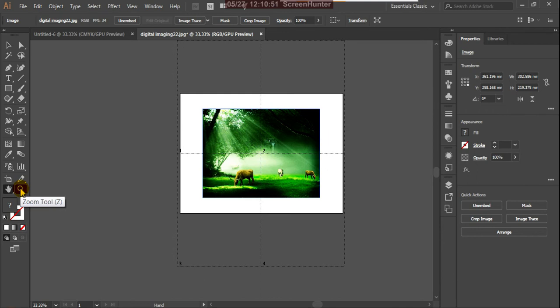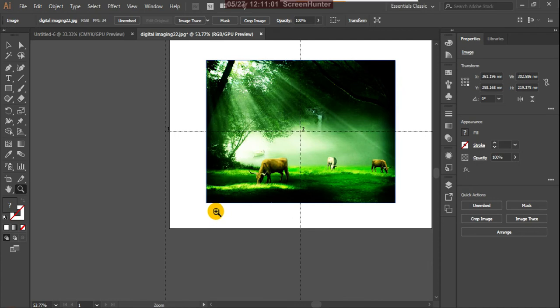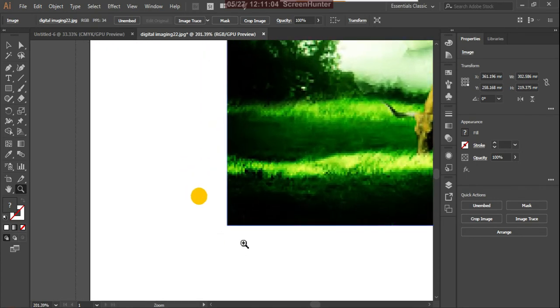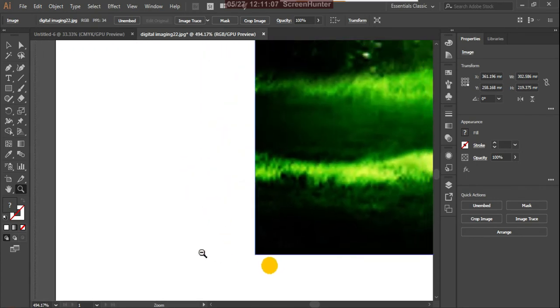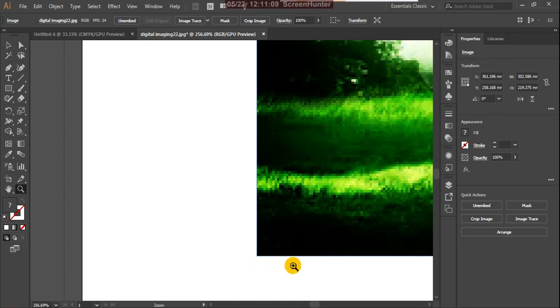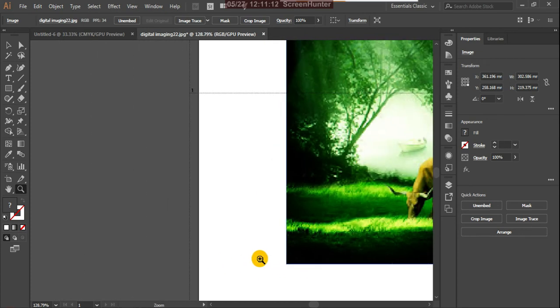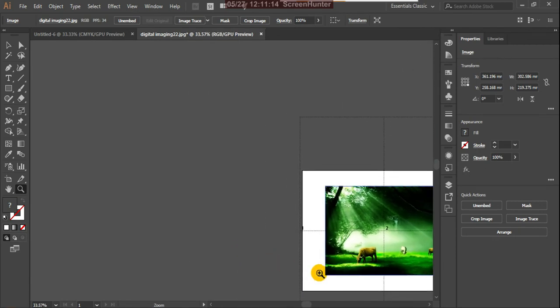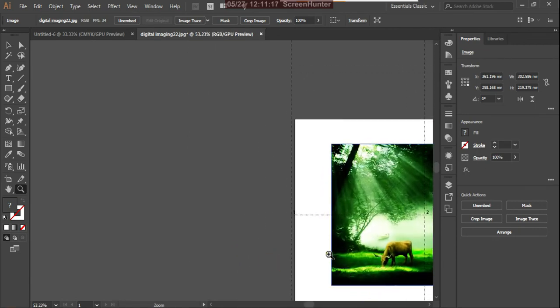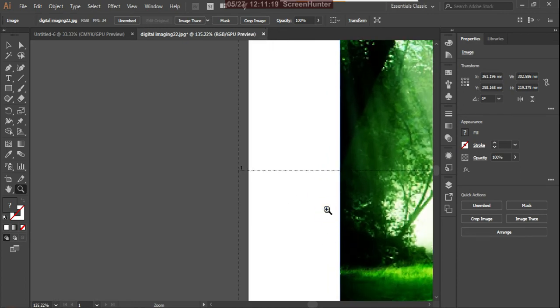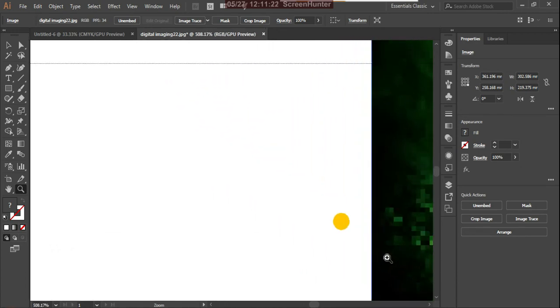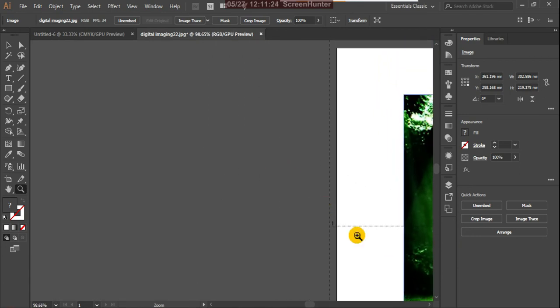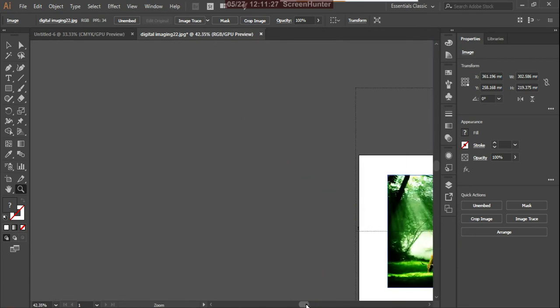Then here we have a zoom tool. Zoom tool is very common, it's a normal tool. Suppose clicking on this tool, on one particular area, so this corner you want to zoom. And suppose with left mouse, if you drag backwards, it is going to be smaller, and if you drag to the right side, it is going to be bigger, and backwards it is going to be smaller. Okay, so zoom tool.